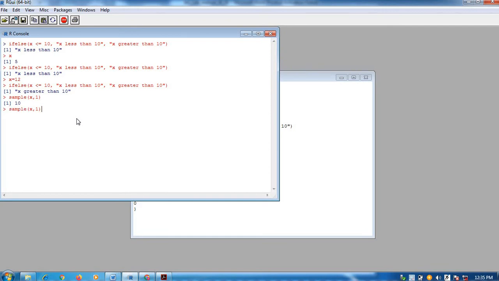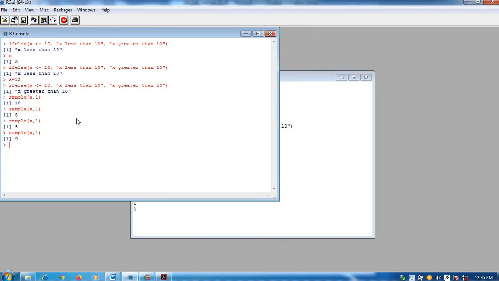Again if I execute this, now I am getting value 5. Again I execute this, again it is giving me value 5. Now it is giving 9. So what will you conclude from this observation? It is concluded that sample is giving you one sample value.